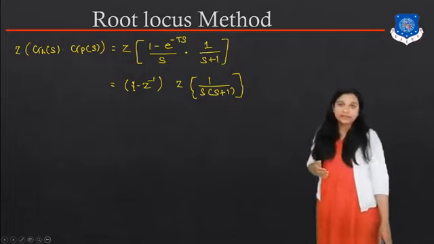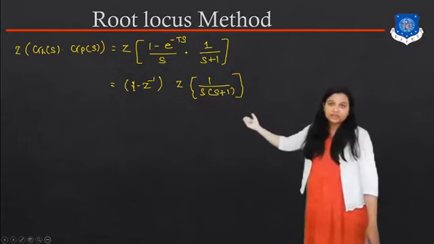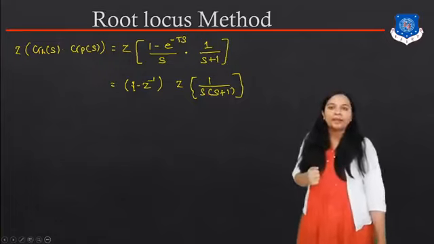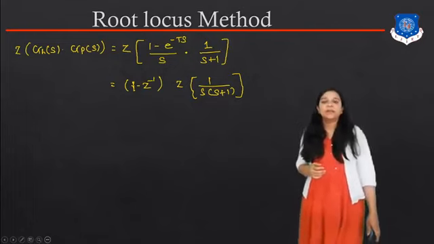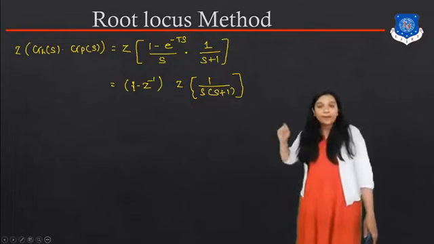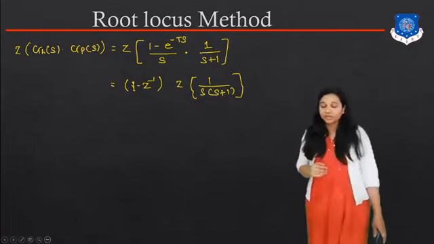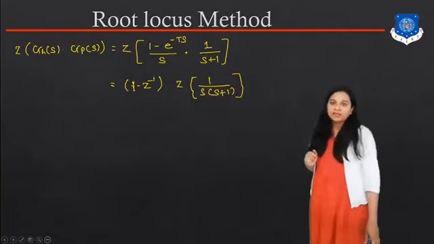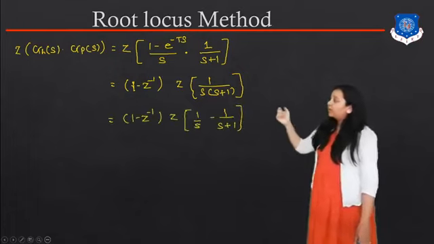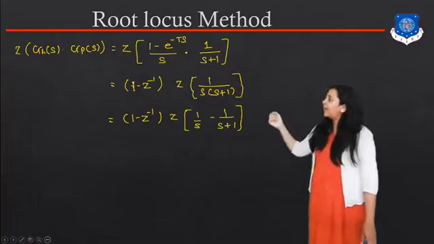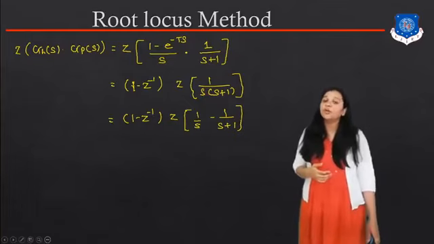As we discussed earlier, whenever this type of equation is given, our first aim is to find the values of a and b using the partial fraction method. Simplifying this equation, we get a equal to 1 and b equal to minus 1. Put the values of a and b in this equation and we get 1 minus z inverse as it is, and a is 1, so 1 by s minus 1 upon s plus 1. Now we have to take the z transform of 1 by s.